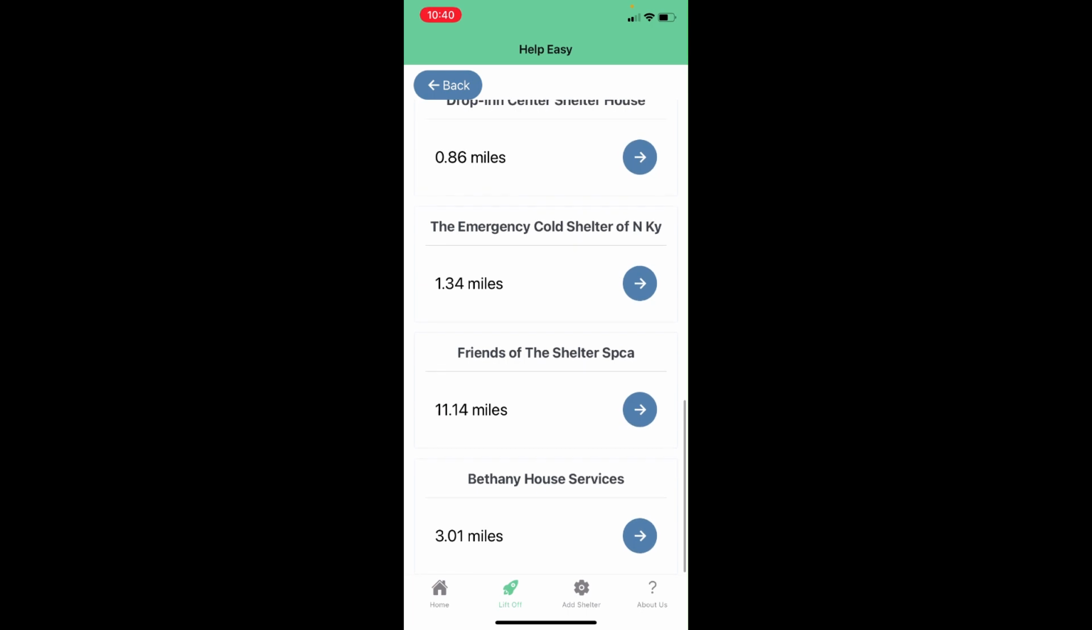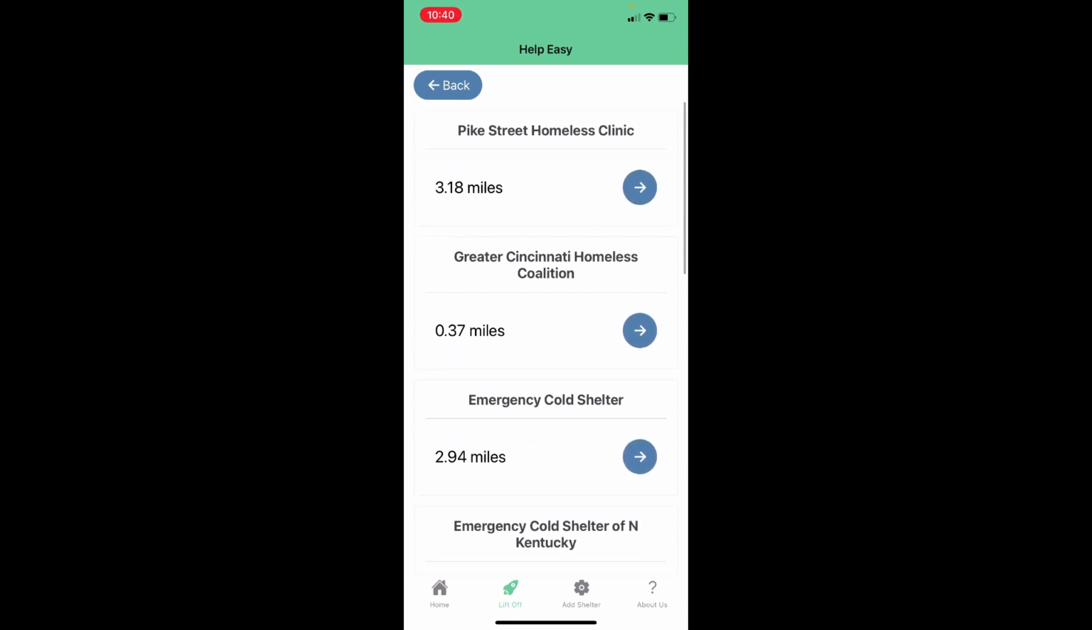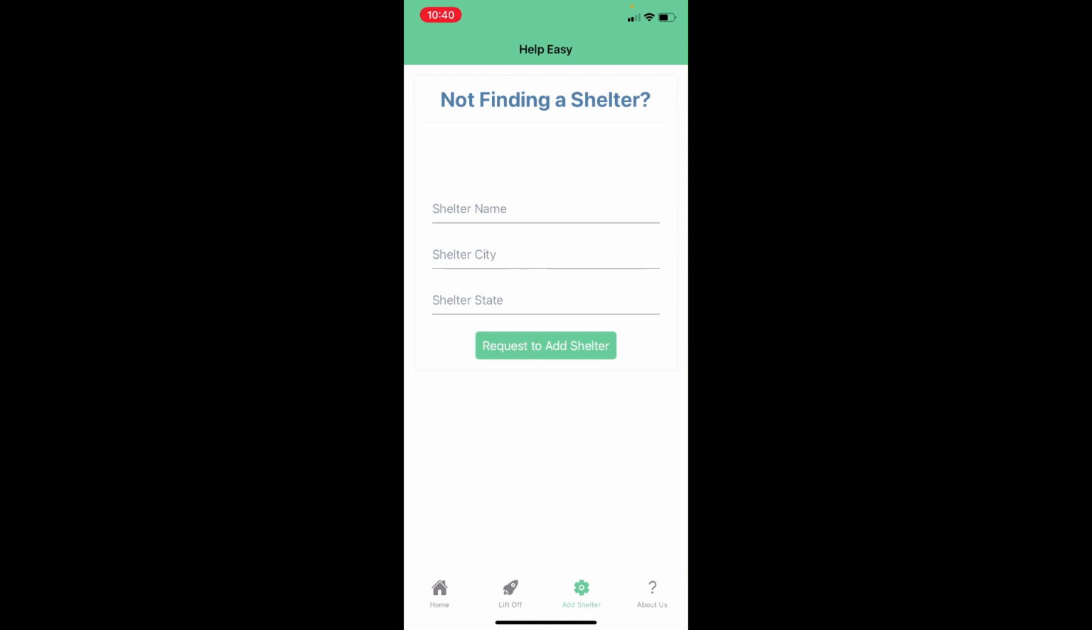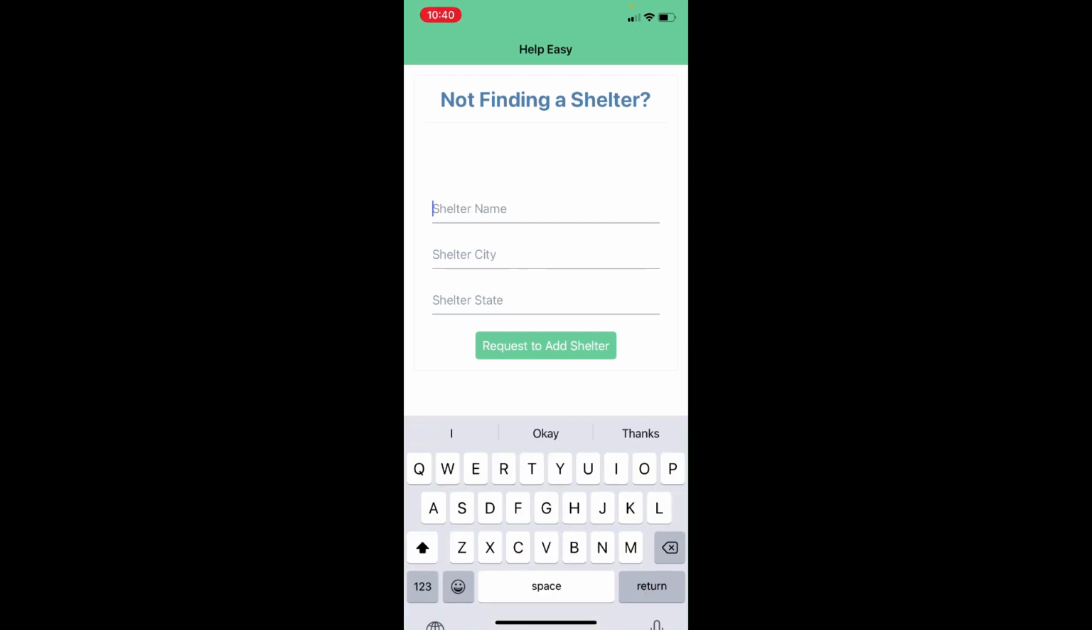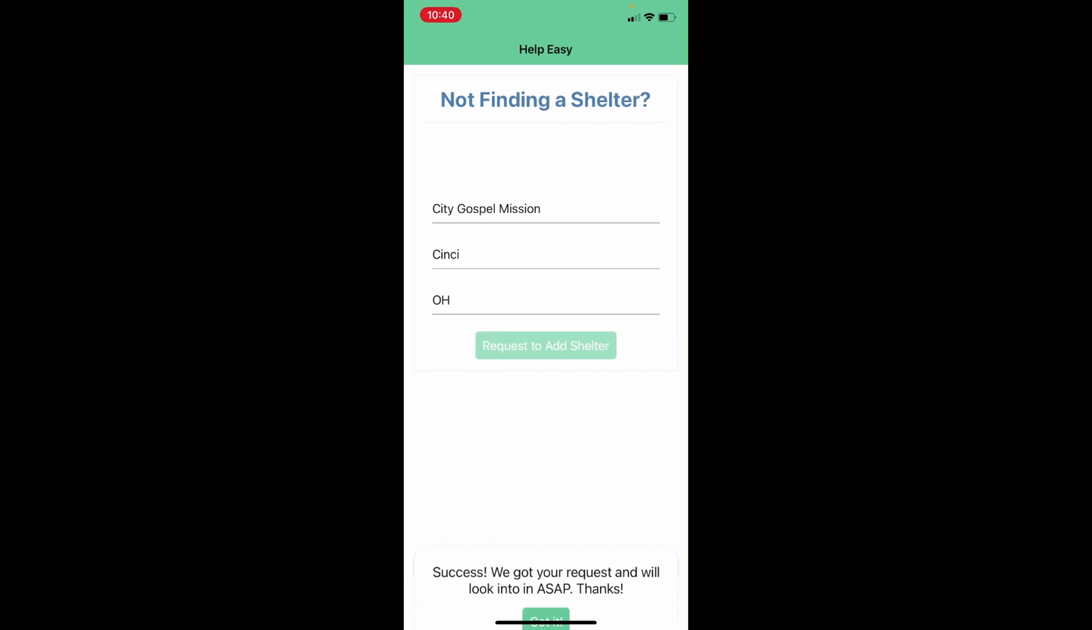Now the problem that I'm trying to solve is that I do not see a shelter that should be on this list. So I will jump over to the Add Shelter tab, and any user can request to add a shelter. I will type in the name, City Gospel Mission, a shelter that I know personally in Cincinnati, Cincy, Ohio. And when I click Request to Add Shelter,